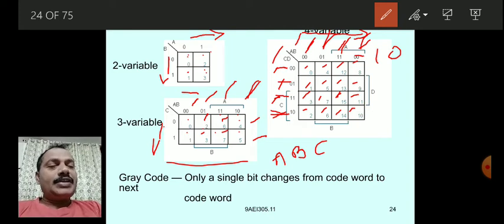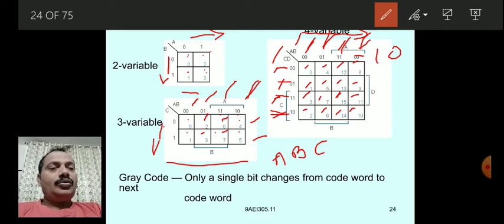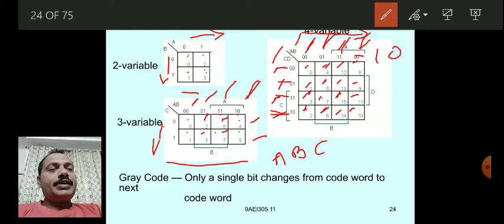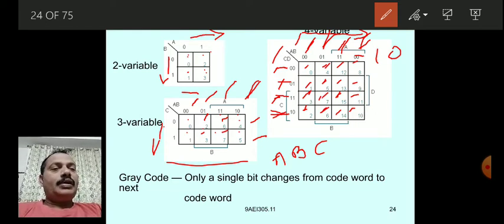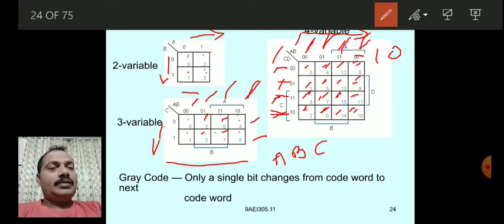Similarly, let us take the 4 variable. 0, 1, third column skip it, 2, 3. Next, 4, 5, third column skip it, 6, 7. Next, third column you skip it, 8, 9, 10, 11. Like this.